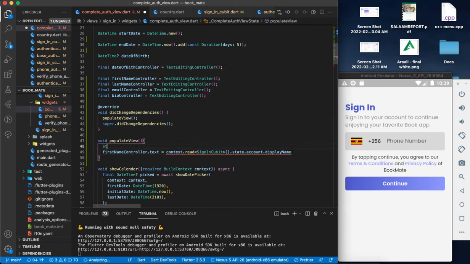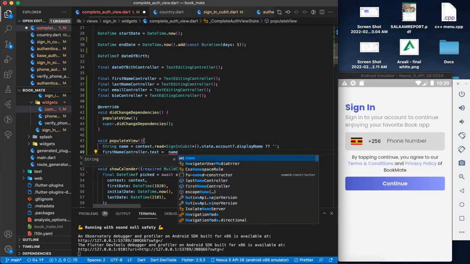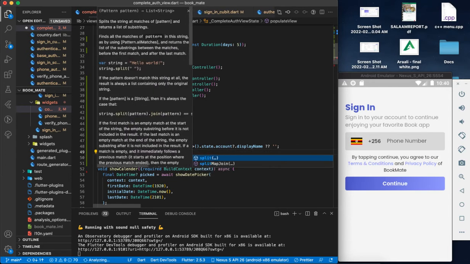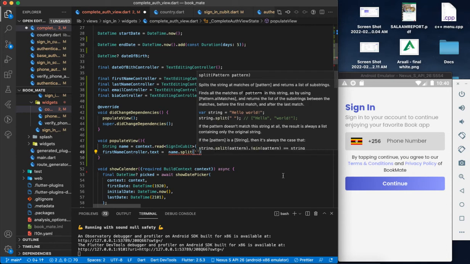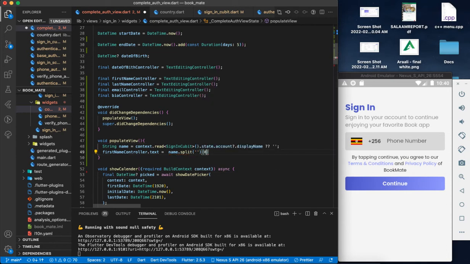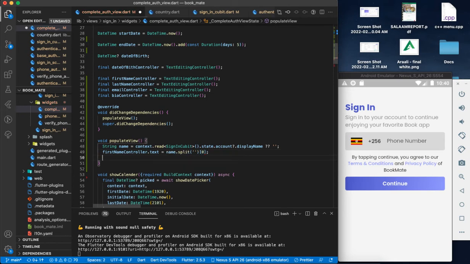We shall say string name is equal to, just get this display name. This is probably null. Okay, so the display name, now we are going to set name. We are going to split it with a space. We're going to get two parts of it, and we shall take the first part, that will be the first name. Last name